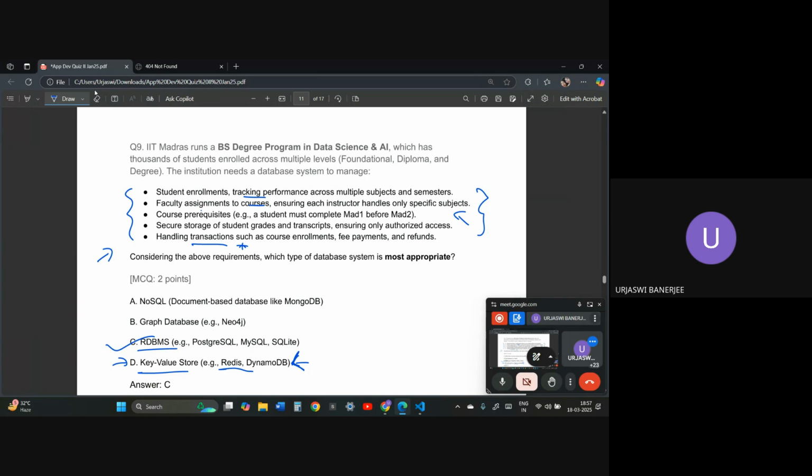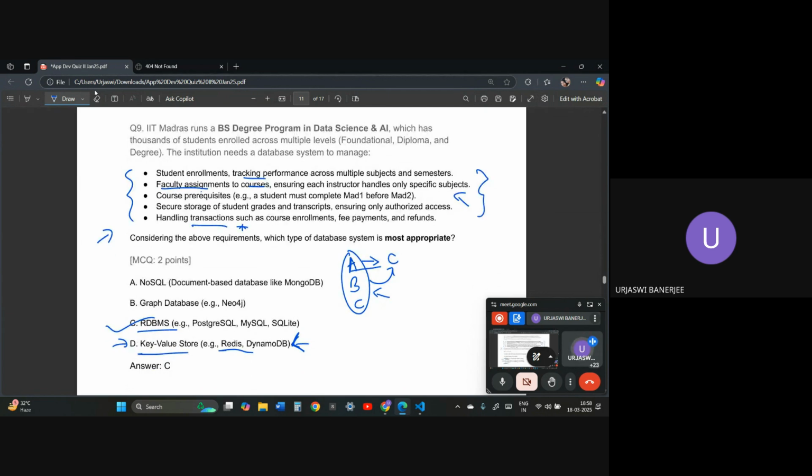See this. Suppose you have a particular student, students A, B, and C, and you have their marks. You have hundreds of students like this added to the database every day, so that will make the database heavy if you are using key value storage. Suppose you are using key value pairs and adding those students to courses C1, C2, C3, and then we need to check those same students' marks as well, and we have course faculties, assignments and those types of things. That will make the database heavy if we use key value pairs.